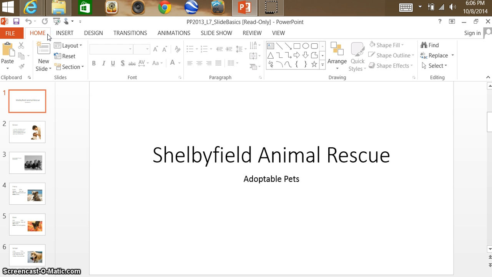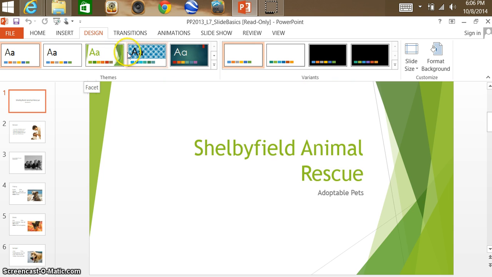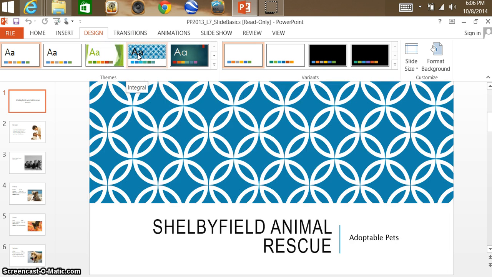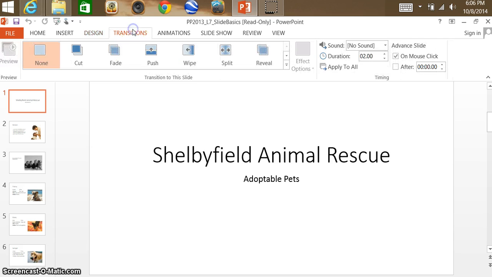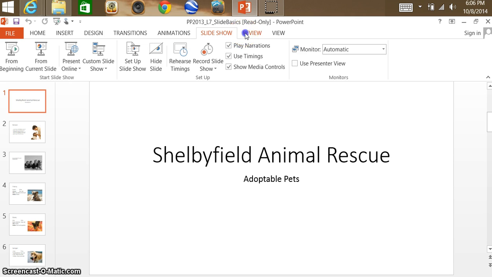The home button contains font, paragraphs, any drawings and whatnot, and new slides. Design is what it says, and it is themes, and if I hover my arrow over any of these other themes, it'll show me on the PowerPoint what it'll look like, but you have to click it for it to stay. Then there's transitions in here, animations, slideshow, review,